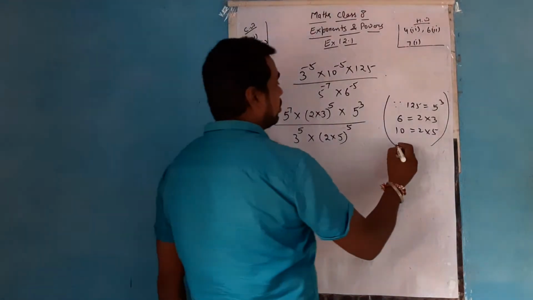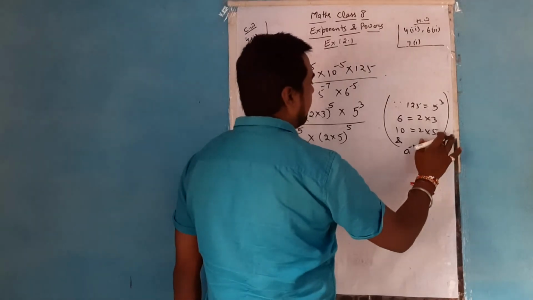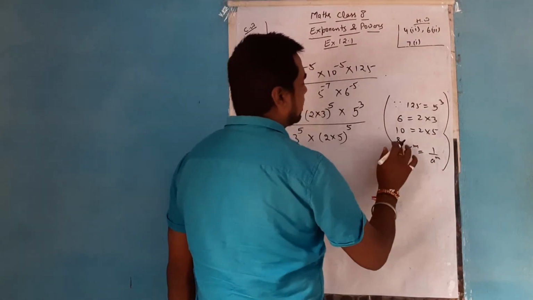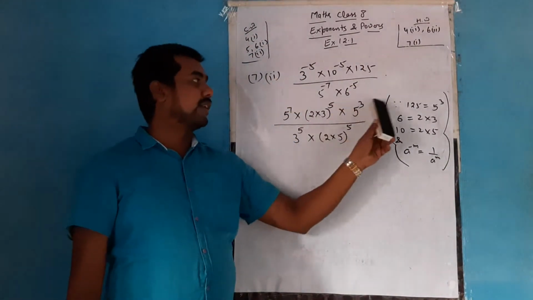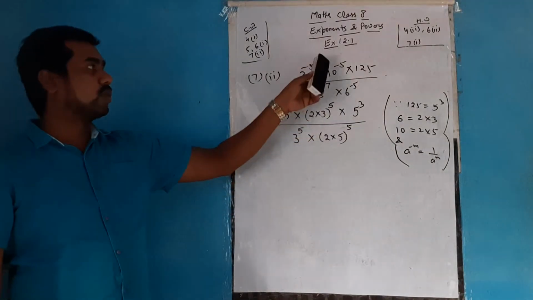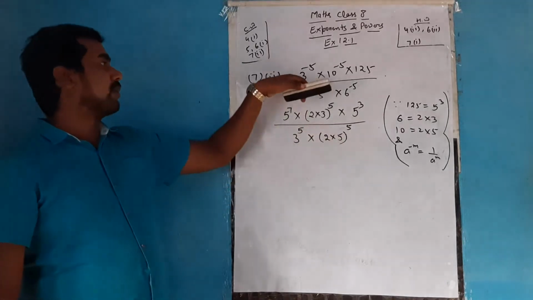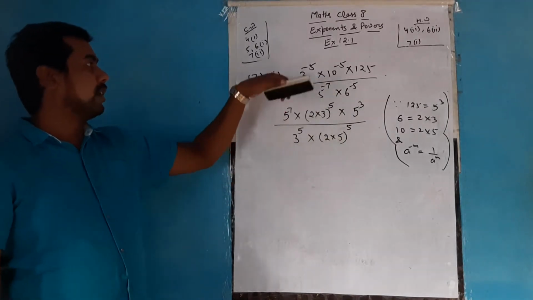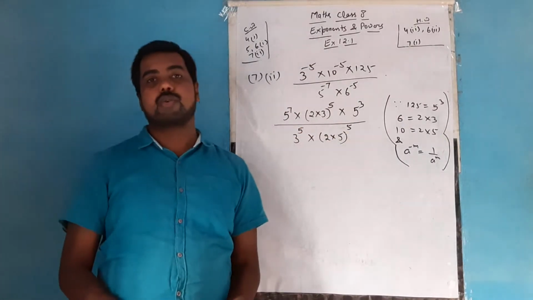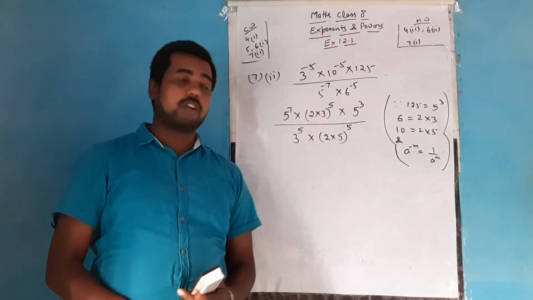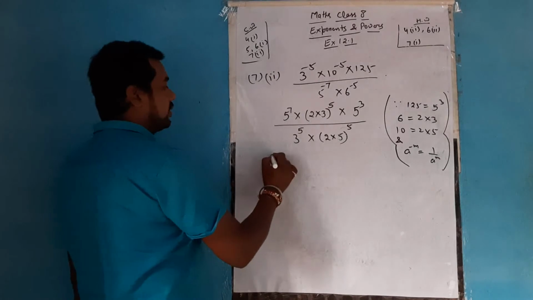And the law which I have used is a power minus m is 1 by a power m. This is the law which I have used here. So I have written 125 in the form of 5 cube. 6 goes to the numerator, with its factors 2 into 3, and 5 power 7. 3 power 5 came to the denominator. 10 also comes to the denominator, and the factor of 10 is 2 into 5, and power 5 as it is. Now you see that everywhere we have a positive sign. Now we can distribute the powers.